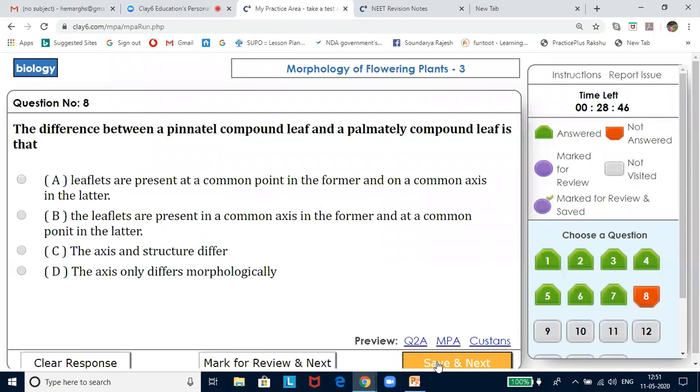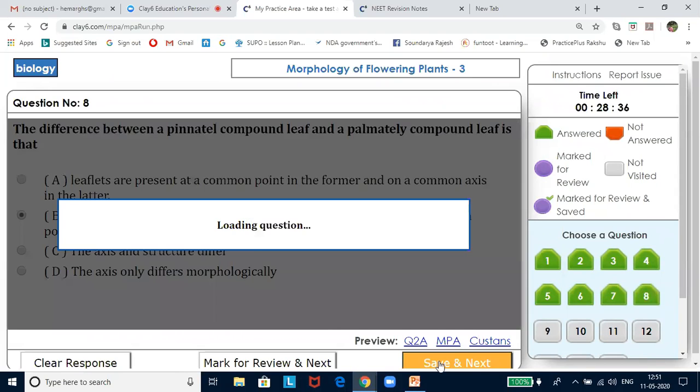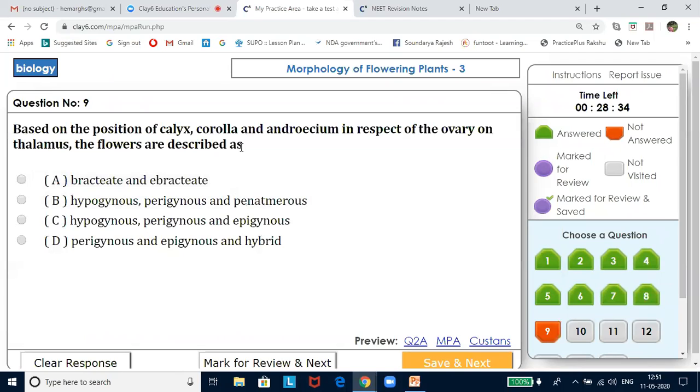The difference between pinnately compound leaf and the palmately compound leaf is leaflets are present on a common axis in the former and at a common point in the latter. Based on the position of calyx